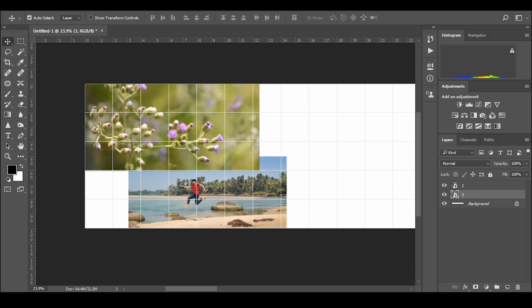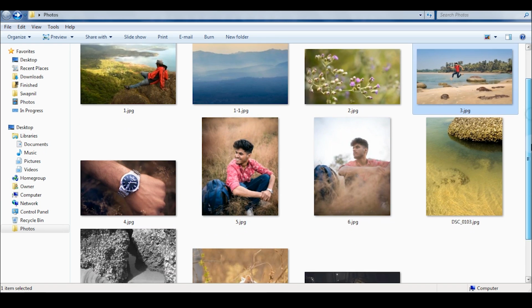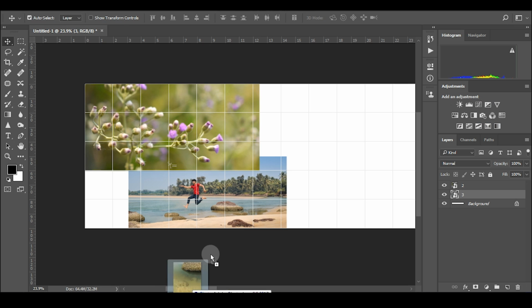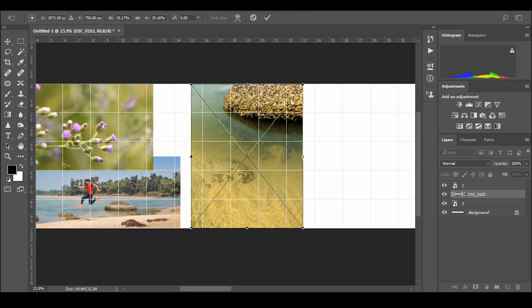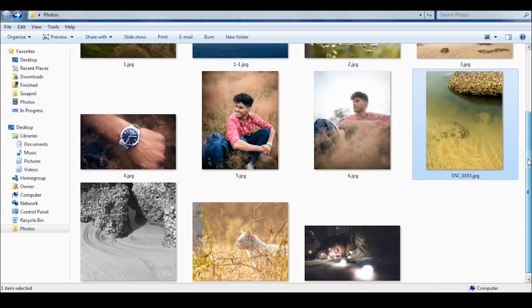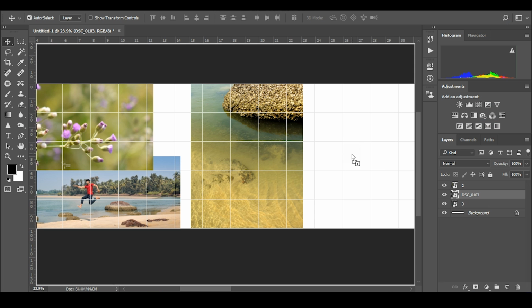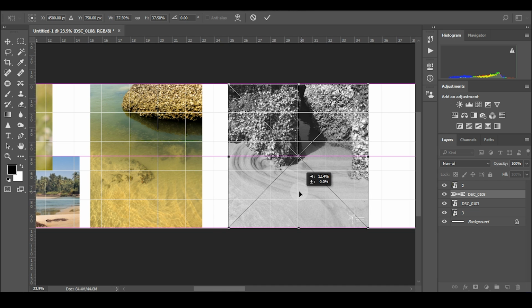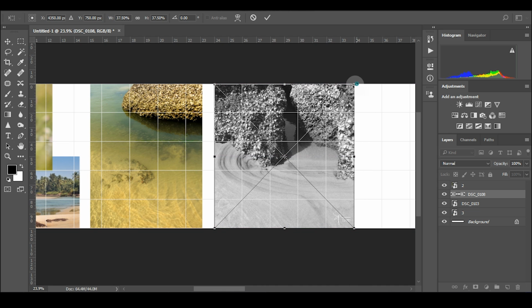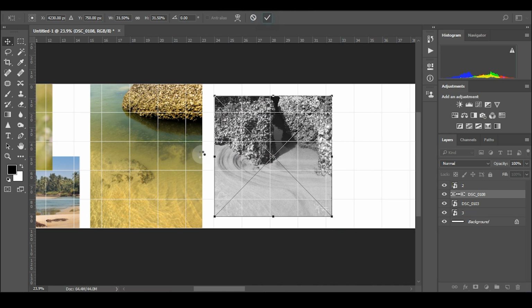On to the next photo. This time I'm looking for a portrait. It looks nice when we mix up landscape and portrait photos and throw some square ones in between. We have already added landscape and portrait photos. Let's add a square one. Moreover, a black and white photo will look really nice next to a vibrant and colorful photo. Scale down a little bit. This will give us a good color contrast.